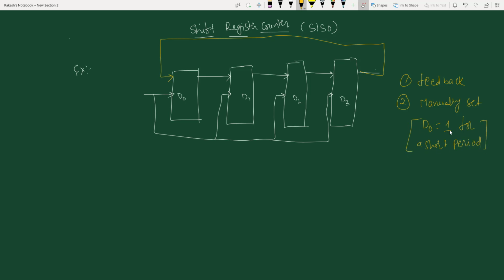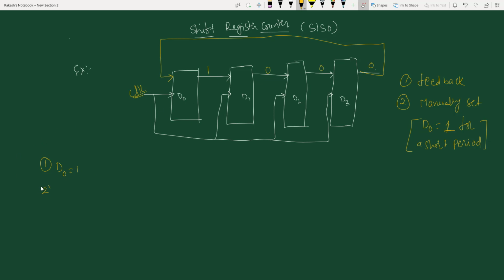After making my D0 equal to 1, I'm going to apply the clock. So initially I am going to keep my D0 equal to 1. That means this will be 1 and the rest will all be zeros.